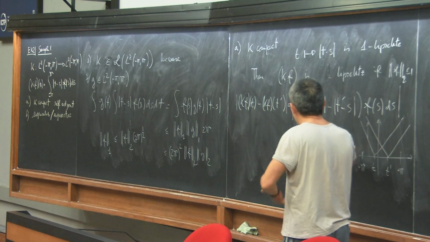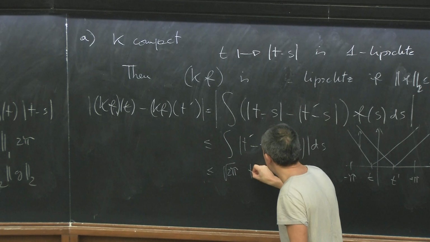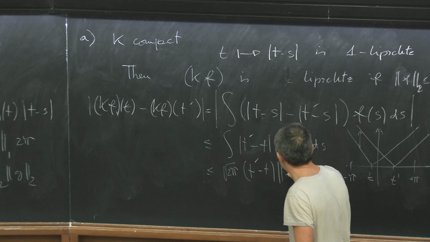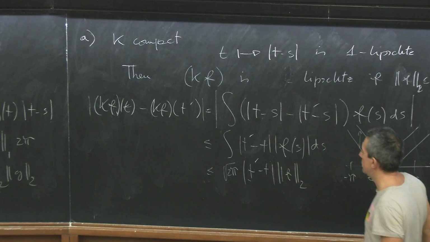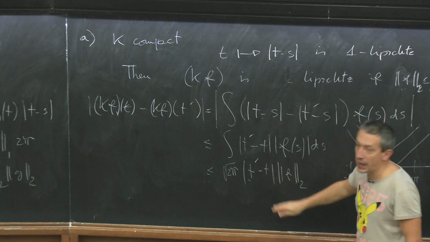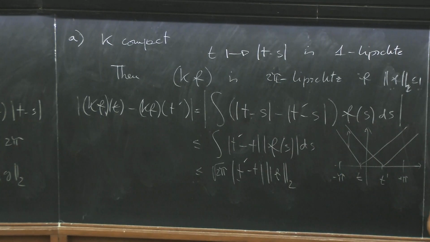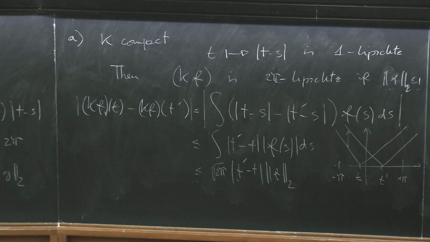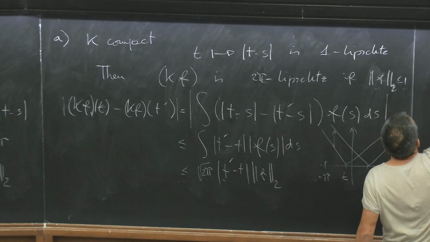So it is the L1 norm of this, which is square root of 2 pi, or F2. Okay, so if the norm is less than 1, the image is a function which is square root of 2 pi Lipschitz. Okay? And now, a 2 pi Lipschitz function, so we conclude